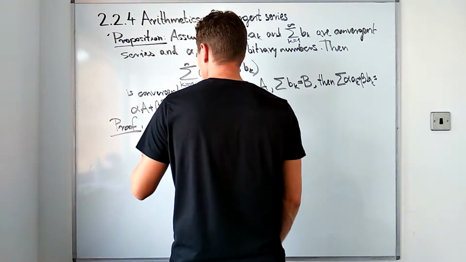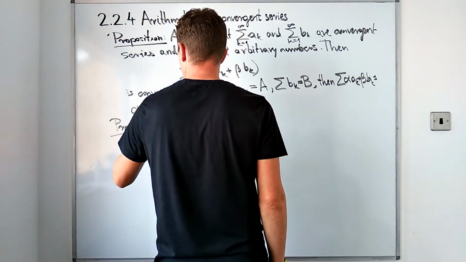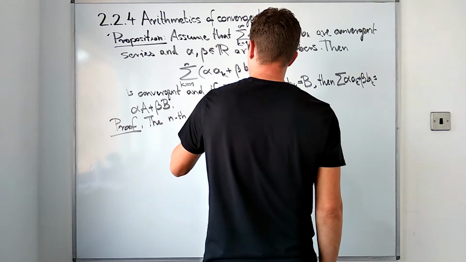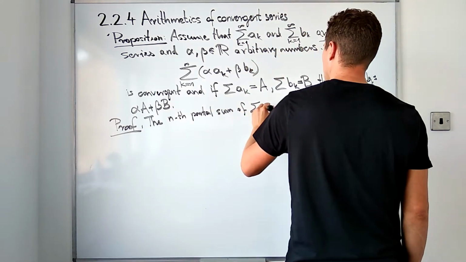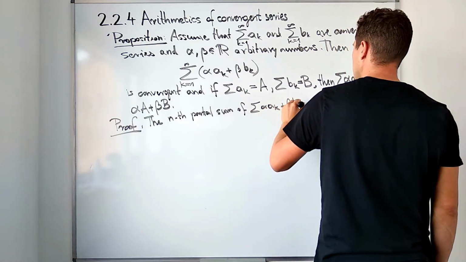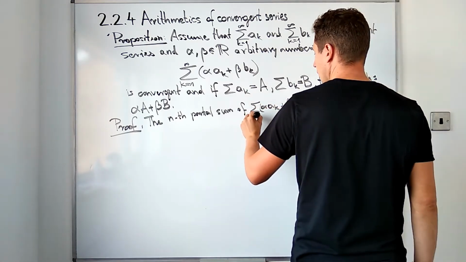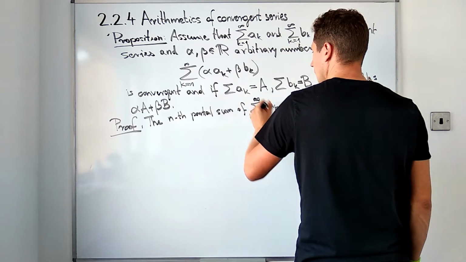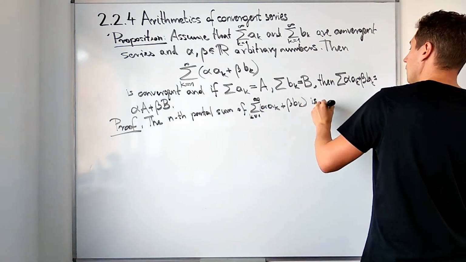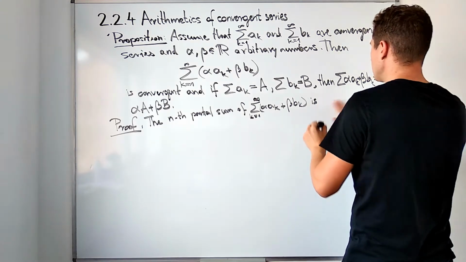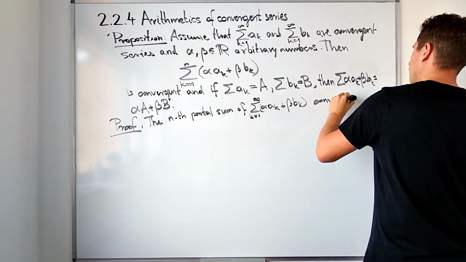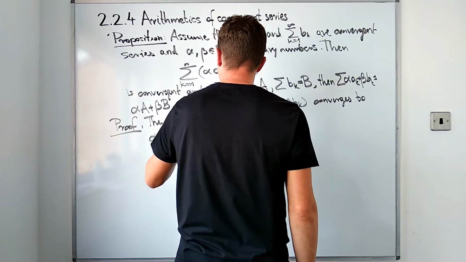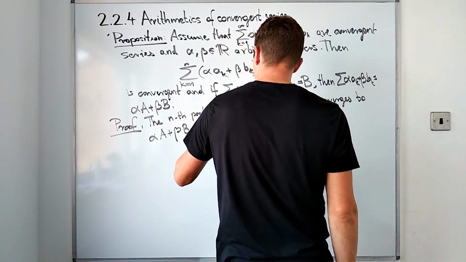using the definition. So the nth partial sum of this series that we have obtained by taking a linear combination of the series ak and bk converges to alpha times A plus beta times B by the arithmetics